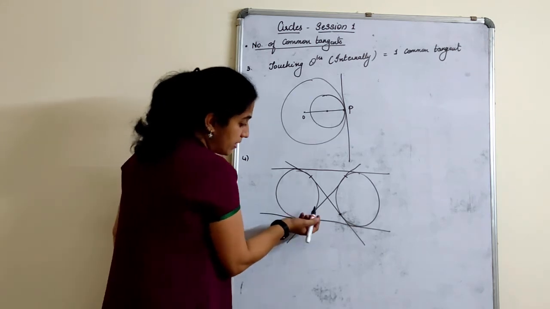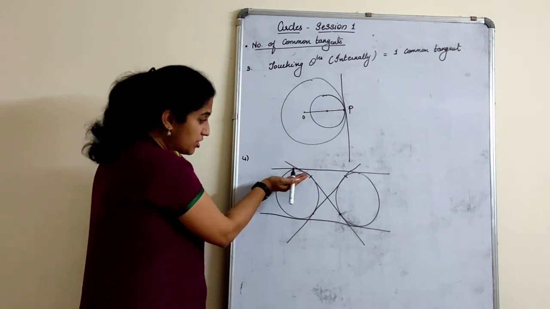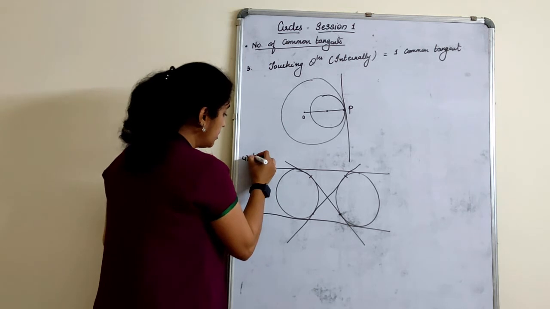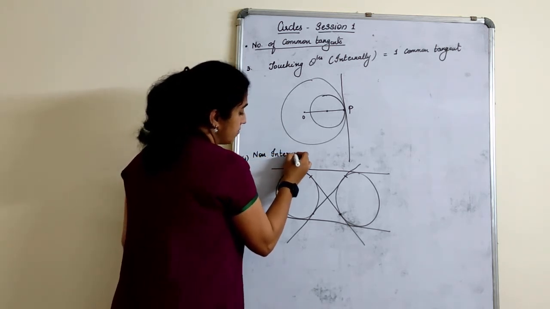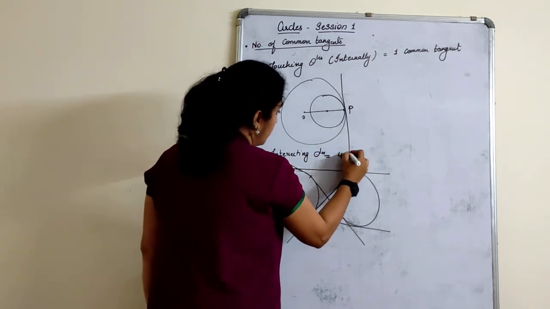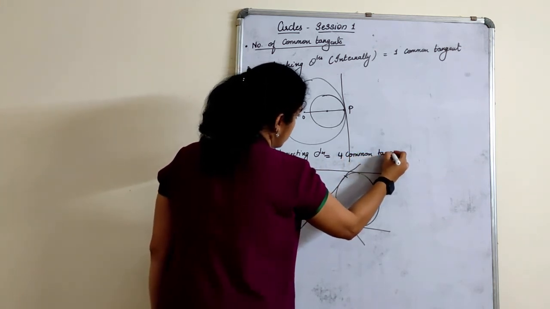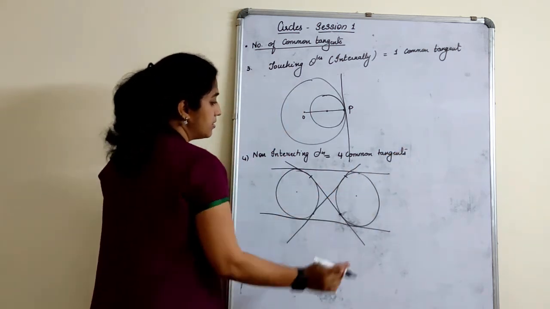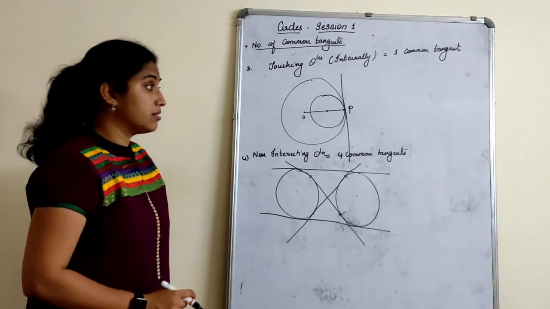Why? Because see, try with any other line. It has to touch both the circles. So how many can you draw? My tangent has gone up in a slant here for adjustment, but you will not get it like that. So non-touching circles, non-intersecting circles, four common tangents. Right? This is the center, this is another center. Understood here? These are common tangents drawn to circles.